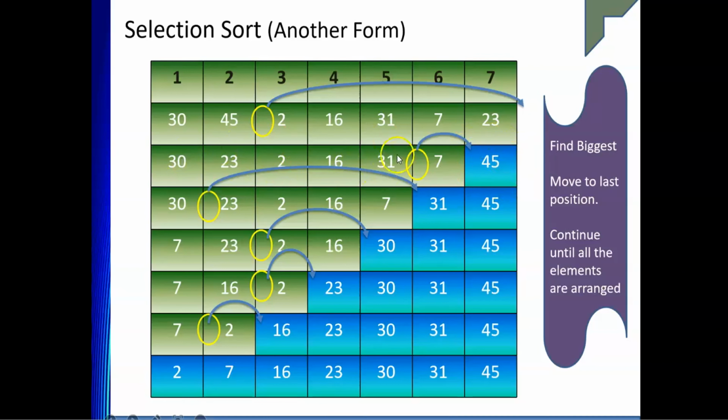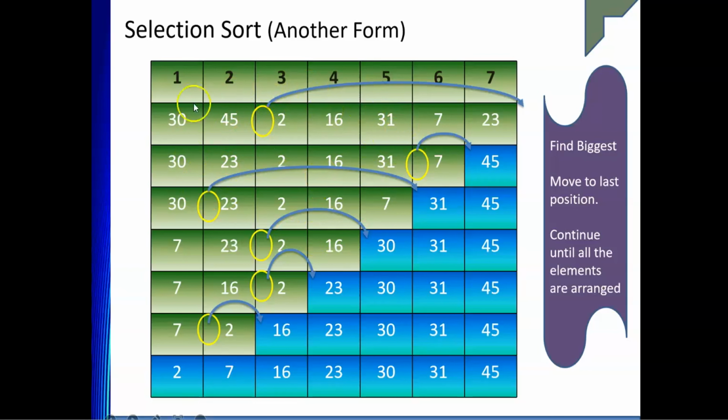Then we find the biggest element, which is 31, so I place it here. Then I find the biggest element to be 30, I place it here. Next I find the biggest element to be 23, I swapped it here. Then I found the biggest element to be 16, and the biggest element is now 7. So this way, what I am actually finding out is either the smallest or the biggest